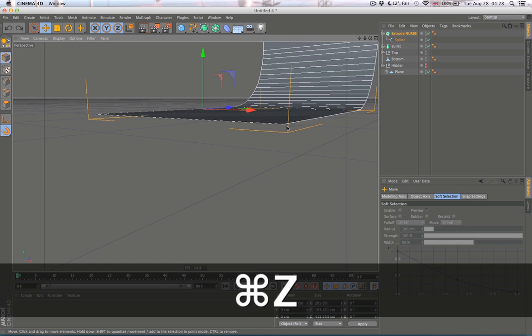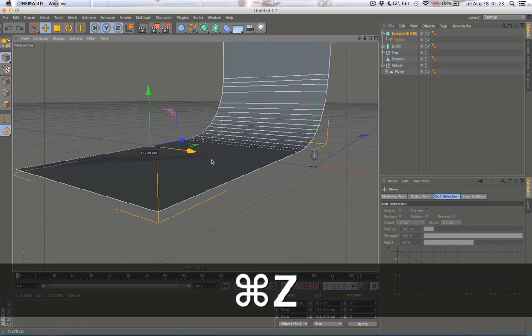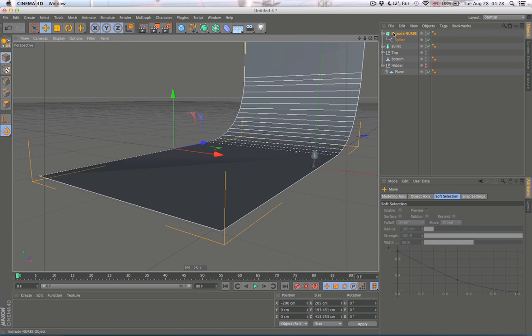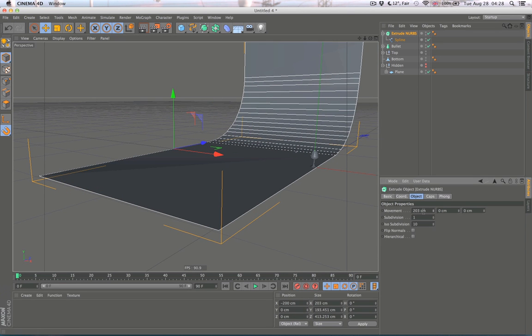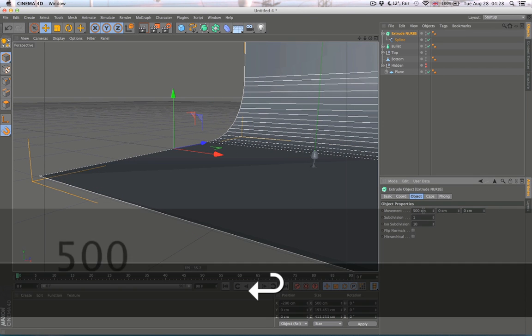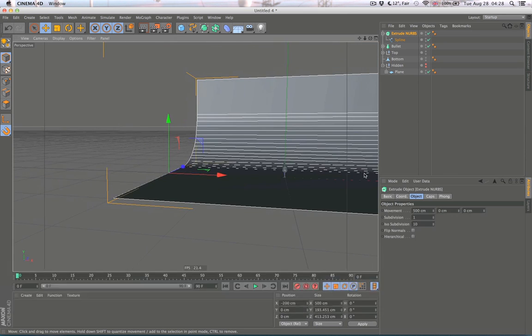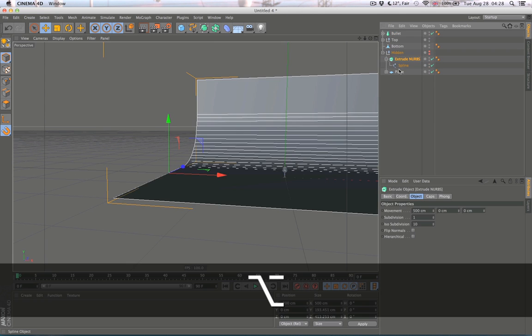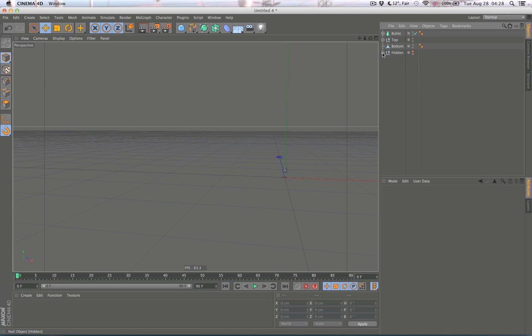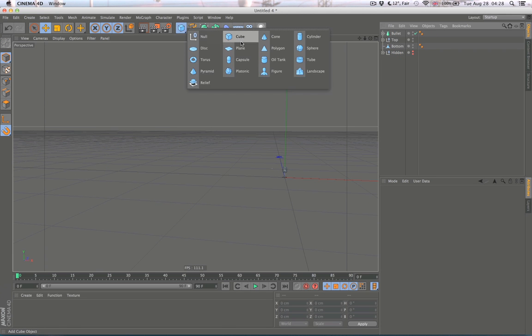Where's the glass? Where's our glass? Oh, here. So, and increase the movement, of course. 500. Yeah, this is better. And then there is a third way to do this, which is we create a cube,